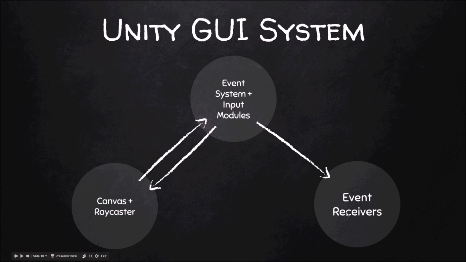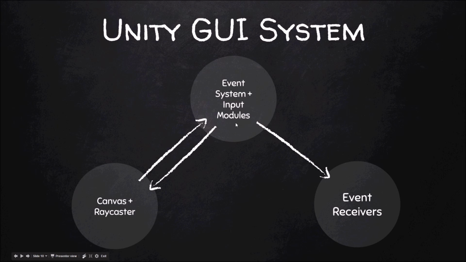And that is basically what we write in the third portion of the GUI system, which are the event receivers. Event receivers are functions that are waiting for any event to happen on a GUI element. So we add our event receivers to an event for a GUI element, and whenever that event happens, we are notified and the function which contains some game logic is executed. So for example, if we create a function to quit our game, that function would be an event receiver, and we will attach that function to a button, and when the event system fires that event on the button, we will be notified of that event, and it will execute our code.